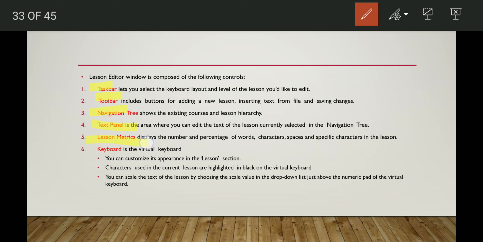In lesson metrics, we can see the words per minute, characters per minute, and accuracy of a specific lesson. And keyboard is a virtual keyboard. You can customize its appearance in the lesson section. Whatever you type is highlighted in black in the virtual keyboard.